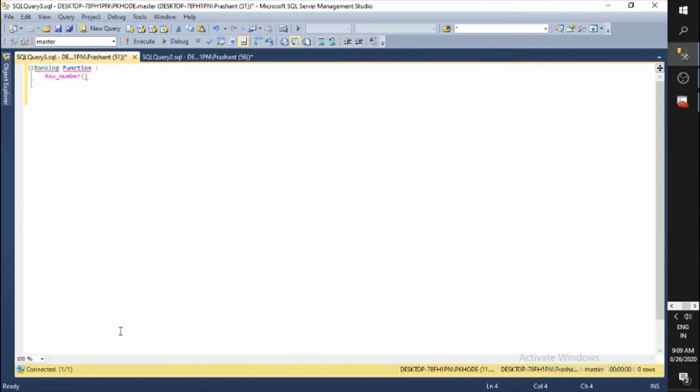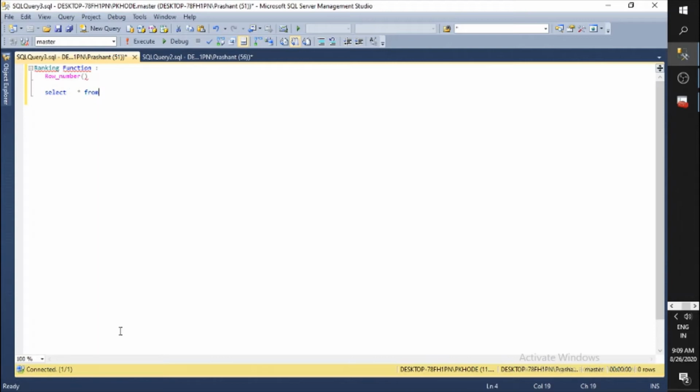Let's try to understand. In short, row number is a window function which gives you a rank over the data. What does it mean? Let's say you have 100 rows, and on those 100 rows you will get a rank. Now let's do a practical.